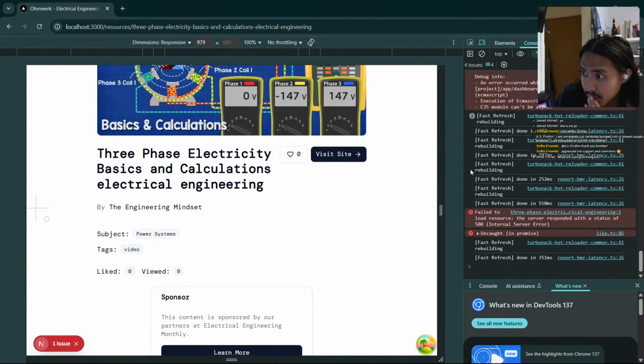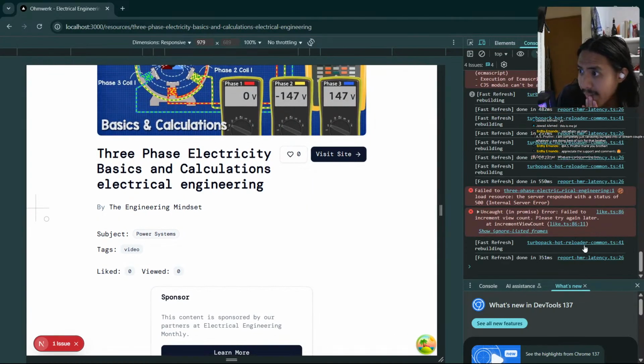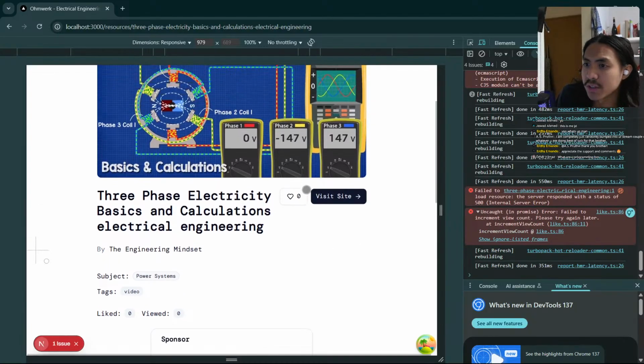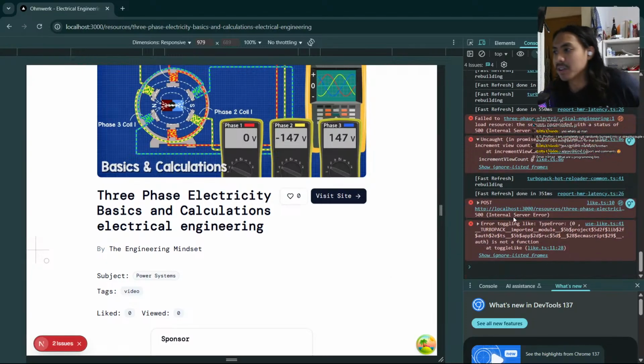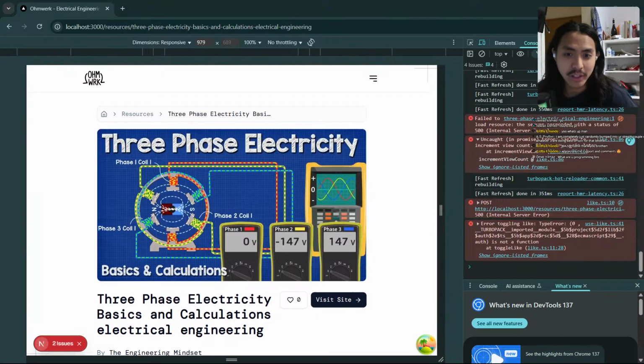Let's see if we have any other console error. Yes, we do. The increment, yeah, every logic for this is just wrong. So I think we're gonna fix that tomorrow. It's still not working, but